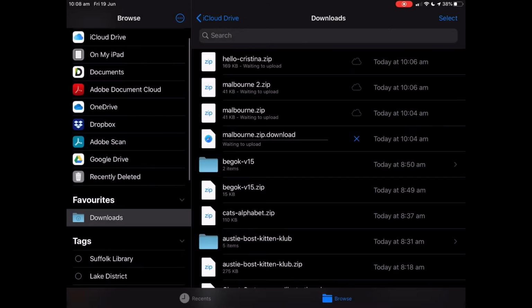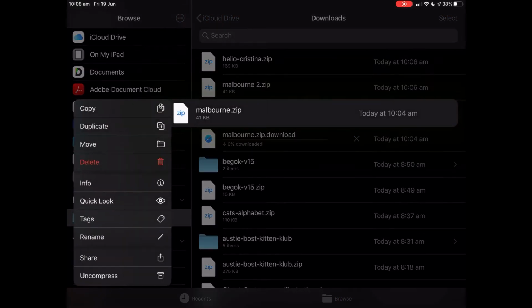Files is down here. There's Hello Cristina and two versions of Melbourne, and you can see them rattling away there. They're uploading to the iCloud. Everything's blazing along now. Isn't that fantastic? So let's have a look at melbourne.zip, and I can see I held the pencil on it until up popped the menu. Now I can uncompress it, the bottom option,